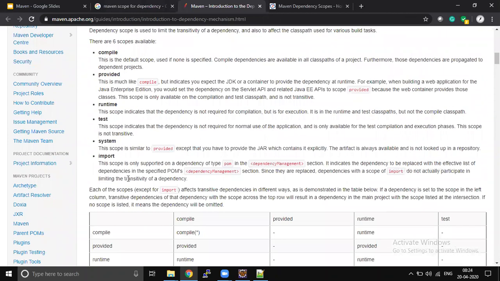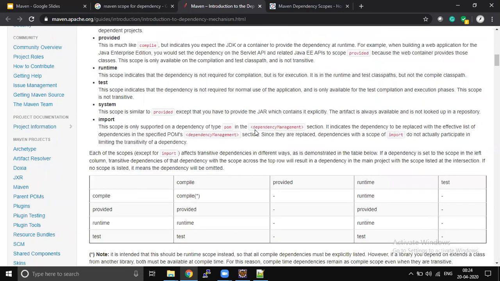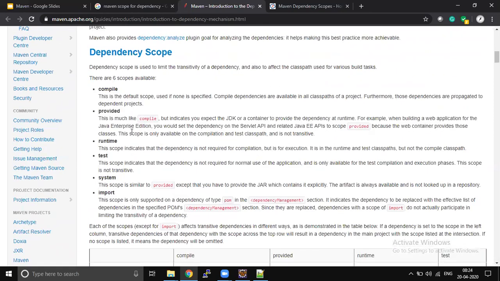Runtime means it will be available till runtime. This scope indicates that the dependency is not required for compilation, but for execution. Compile is the default, Sunil. If you don't mention the scope, it will be available for all the life cycles.